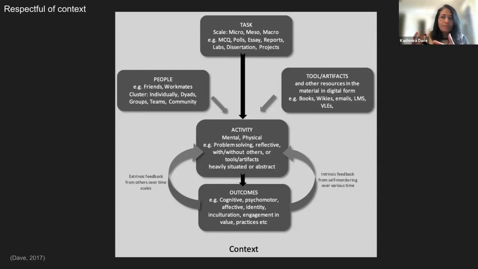Let's say semantics, which we sometimes don't pay attention to. Semantics is one of the things that can impact this alignment. And there are other things, like how explicitly you have mentioned what you want to achieve, and whether you are trying to achieve several things at a time. That impacts how these three things align, especially activity and outcome,